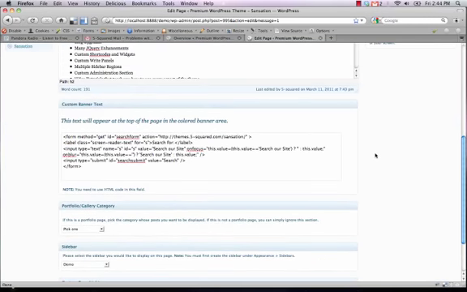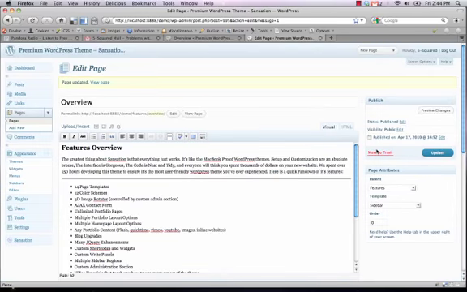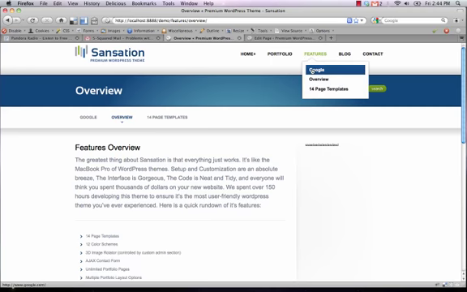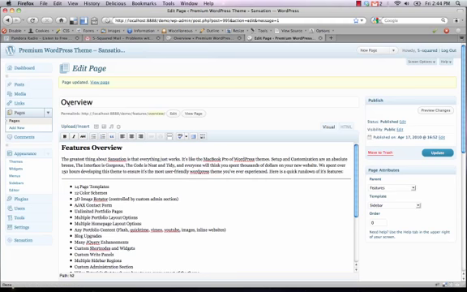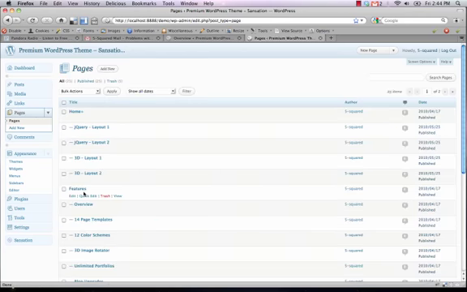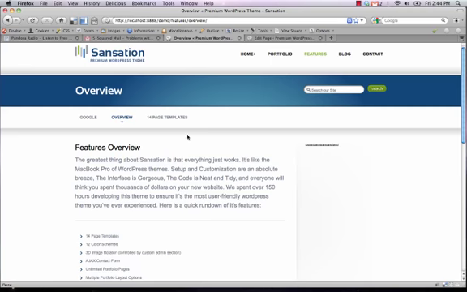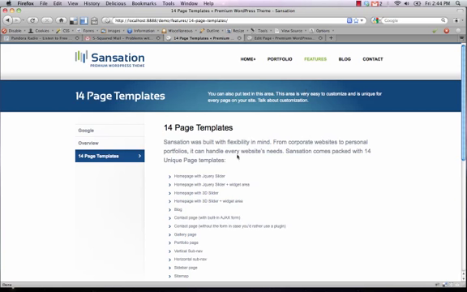And the last thing we're going to cover is just the custom page linking functionality. So you can change the link of the navigation item. Sometimes if you have a page that has subsections, you might want to link the top level item right up here to the first level item, and we can do that very easily. So you just go to the page that you want to edit. In this case, we'll click on Pages, and we'll go to Features. And if we want to have the features page linked to this page right here, just for demo purposes. So if this is the page that I want to link to,